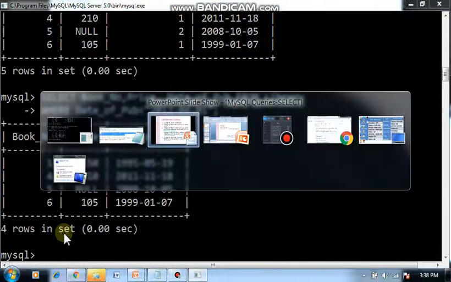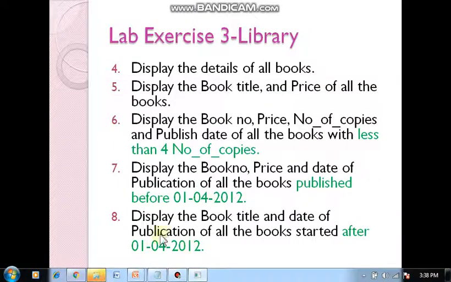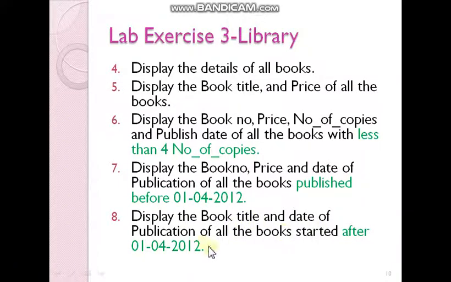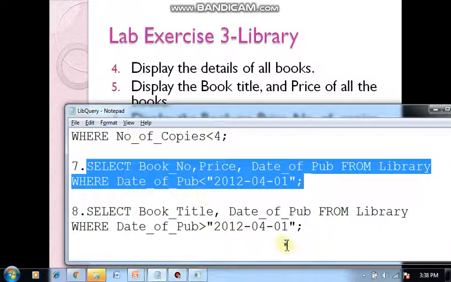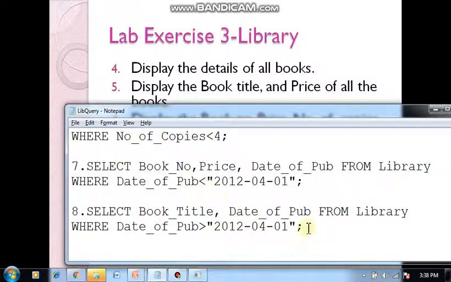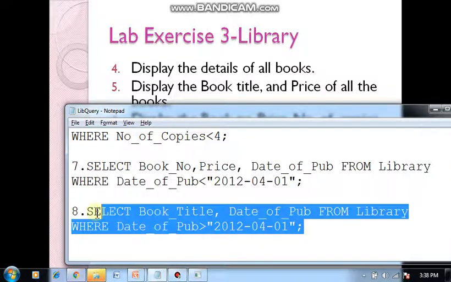Now next question. Display the book title and date of publication of all books published after this given date. After. So let's see the answer for this. Instead of less than, if it is after, you need to use the greater than symbol. So date of publication greater than the date.